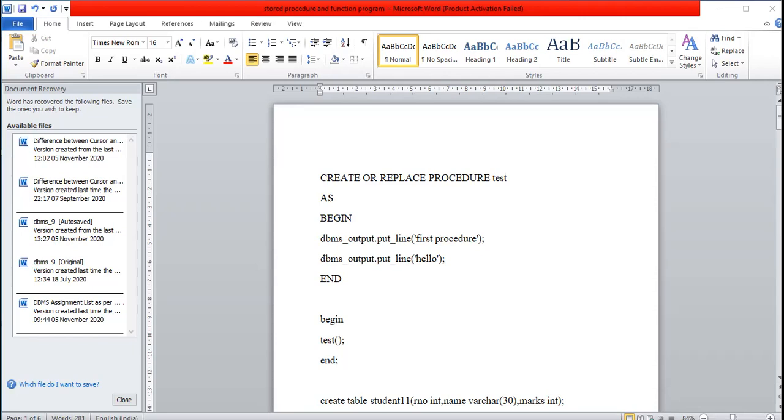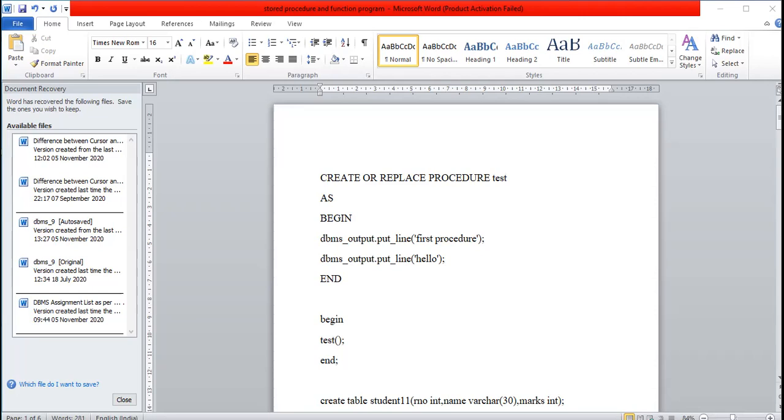A function will return a value, a procedure does not return any value. A procedure allows both input and output parameters, meaning we pass input and we decide the output from that procedure. A function does not allow an output parameter. We can call a function from the stored procedure, but we cannot call a stored procedure in the function.